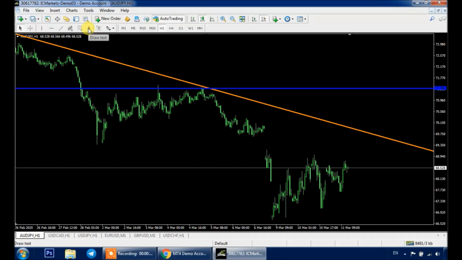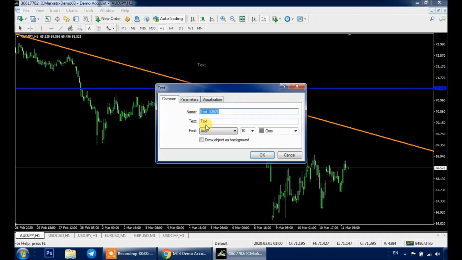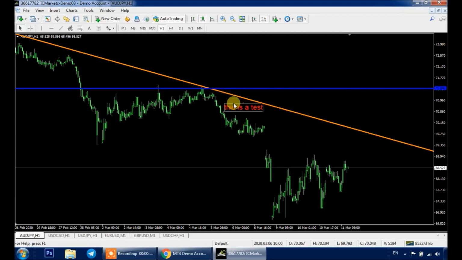Here I can write a text on my chart. Let's say I can write, this is a test, and change its size. Let's make it 16 and make it in red. So click on OK. I can always move it wherever I want, and here I can use my Fibonacci retracement